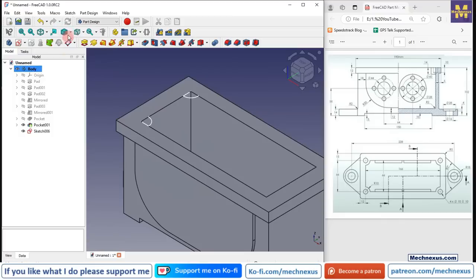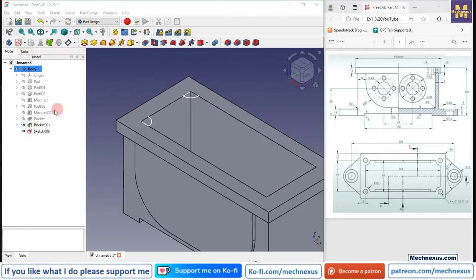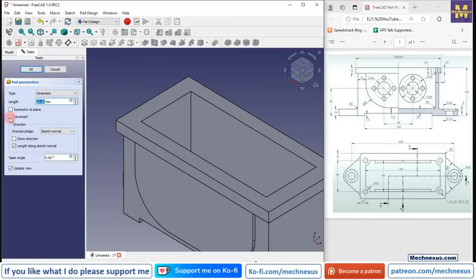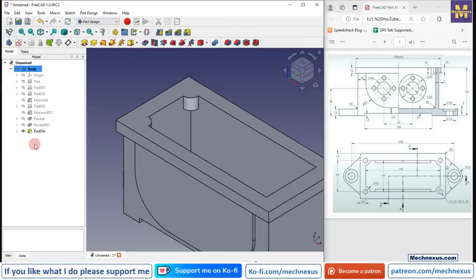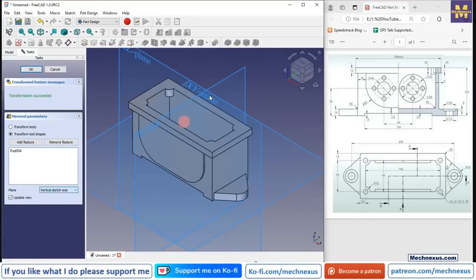So there is a bug in FreeCAD, because once I switch to the shaded view, then I can only go to the flat lines. No issue. Now we will add a material here, and click on reverse and provide this 14 mm. Click on OK, click on the pad and click on the mirror, and from here select reference and select a mid plane,